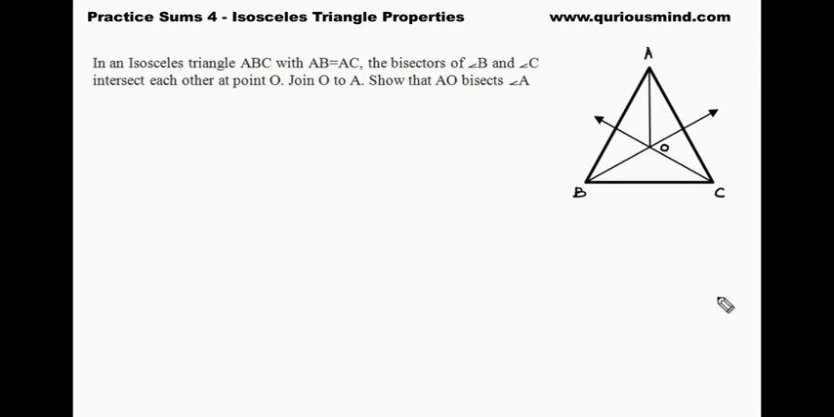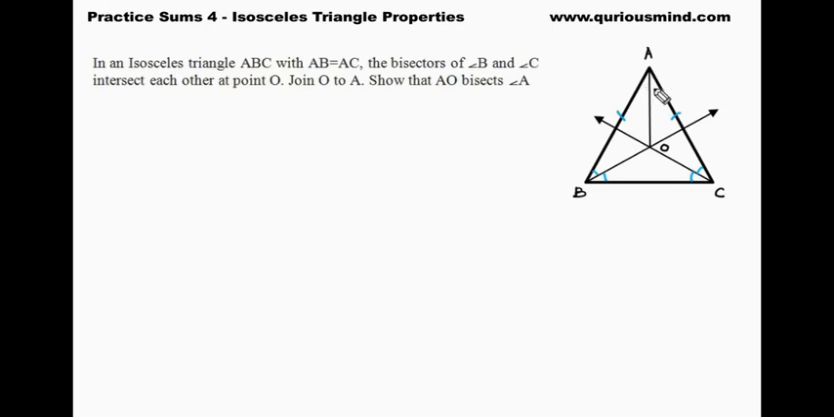Triangle ABC, which is an isosceles triangle where AB is equal to AC, and we have two angle bisectors BO and OC, and they intersect in point O. So we know that this angle is equal to this angle, also equal. Now we want to show that these two triangles are congruent so that then